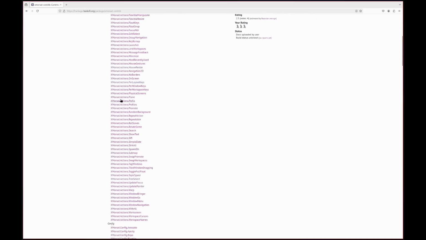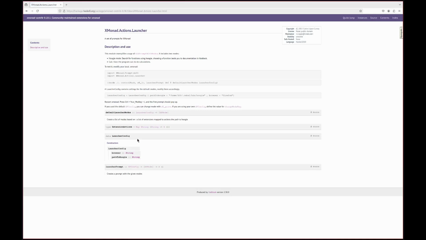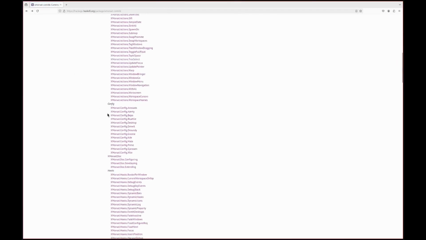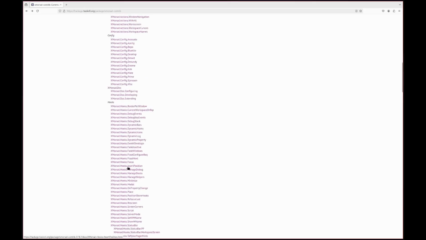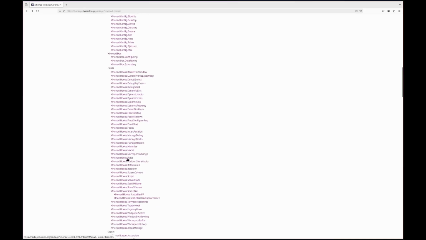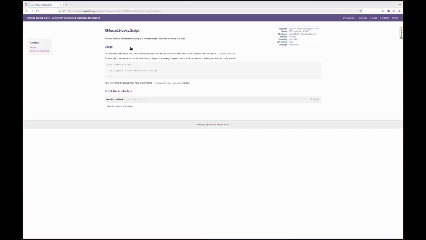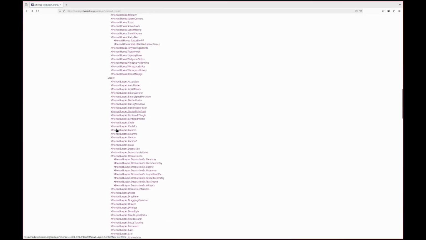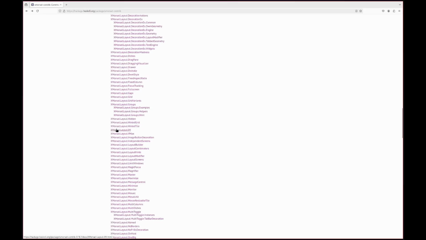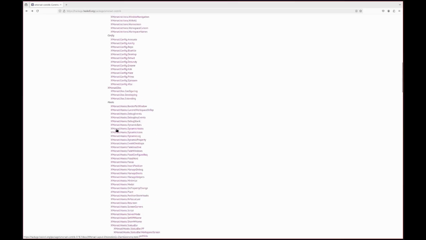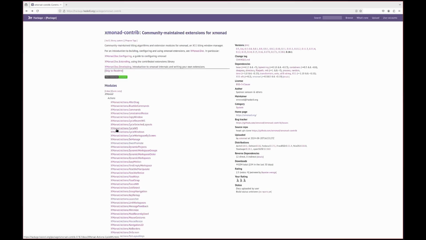XMonad. So if we come over here and say you want to add some actions, you have a launcher here. So you click on that. It's going to break down all the information on what you need to do to install it or implement it into your configuration file, and give you kind of a basic explanation of how to do things. Come down here, say you want to add some more hooks for events. You got manage docs, debug, you've got focus, float next, all this stuff. Again, you just click on the one you want. It walks you through how to install it and set it up. Some are more convoluted and complicated than others, but for the most part, this will give you all the information you need. So this is a really good resource to actually be paying attention to if you're going to use